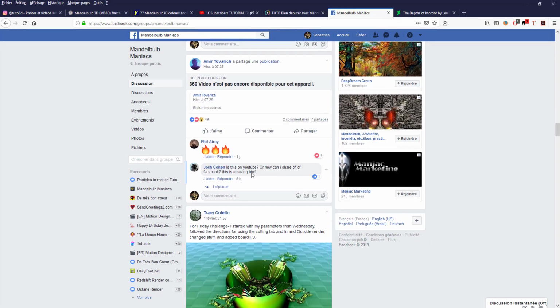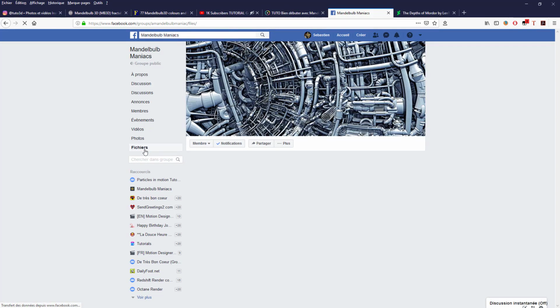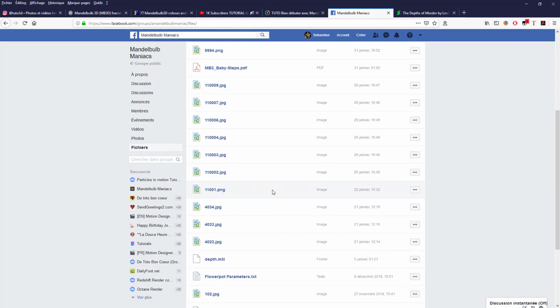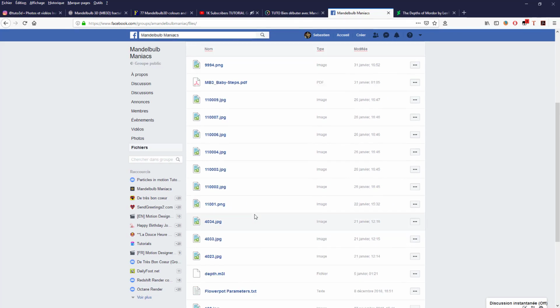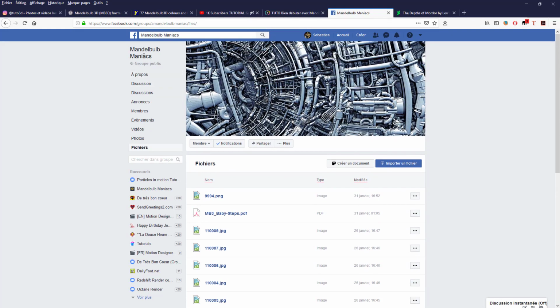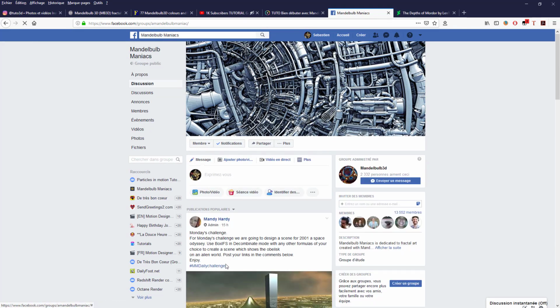And inside this group, inside the folder files, you will have some more light settings and a lot of parameters and tutorials as well. I think you have to search, but there are a lot of tutorials and help here. So definitely, if you want to learn more about Mandelbulb 3D, join this Facebook group.